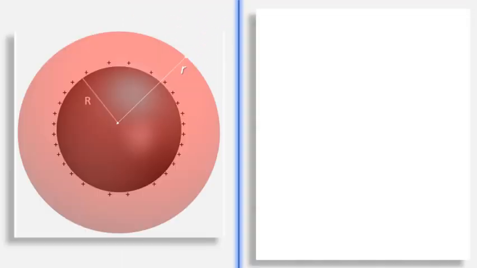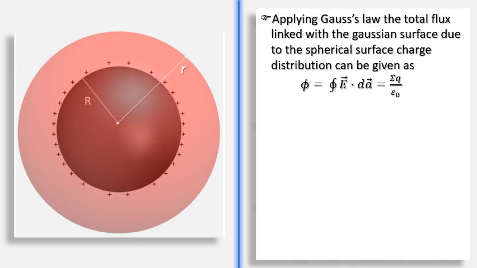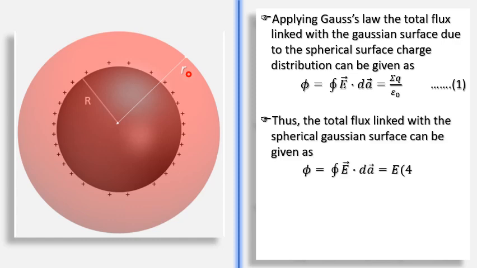So again we will apply Gauss's law, and again the same format, same procedure. Find out integration dA, that is the area of the Gaussian surface. What is the area of the Gaussian surface? The red one is the Gaussian surface, so spherical shape will give us the formula 4 pi r square. Which r? Small r or capital R? As we are talking about the Gaussian surface, it should be 4 pi small r square. So here we have E into 4 pi r square on the left side.